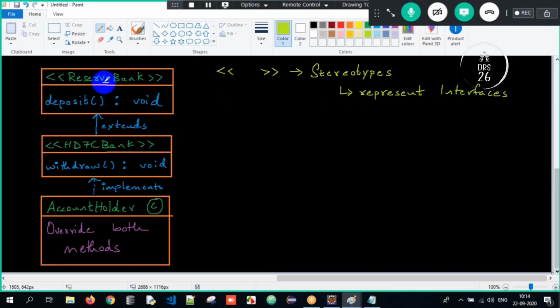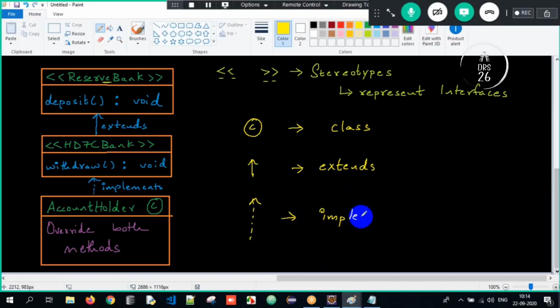If I write Reserve Bank in open and close angular braces, it means it's an interface. And when I write C over here, it means it's a class. A normal arrow mark means it is extends, and a dotted arrow mark means it is implements here.